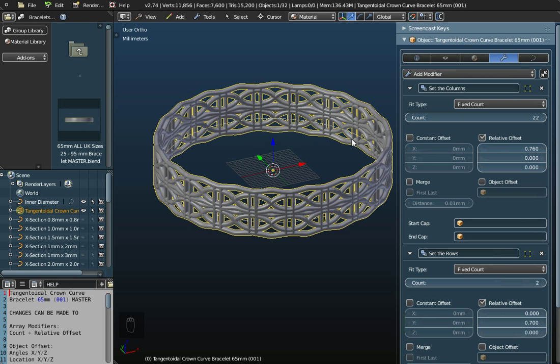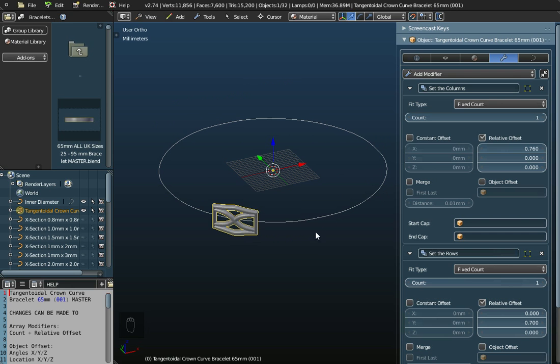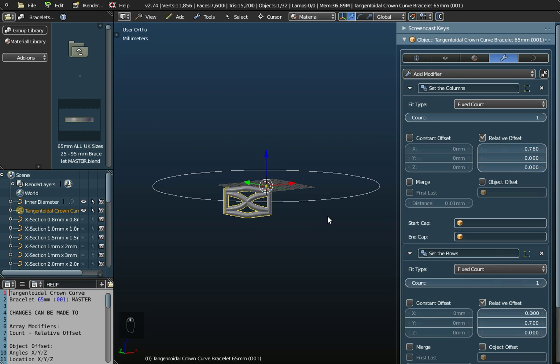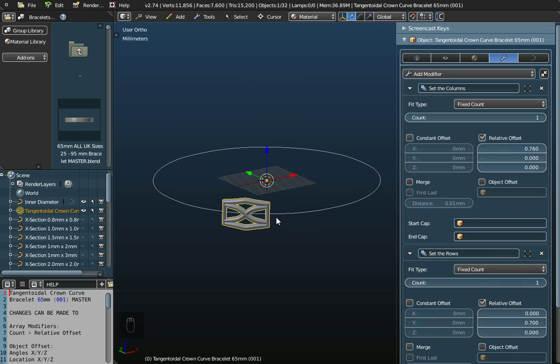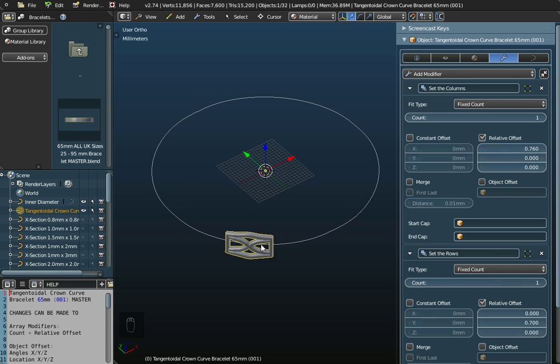So there's the finished bracelet. Now, what else could we do with this? Well, if I just take the count back down to 1 there, and click in that box and type 1 to take the count back down, an alternative thing that we can do is, if we wanted to reduce the amount of metal in our bracelet and change the appearance of it, what we could